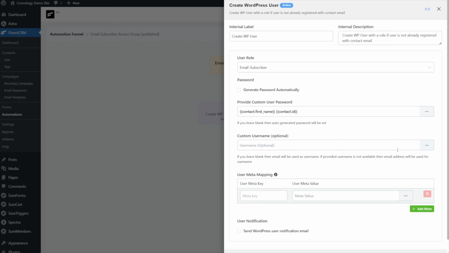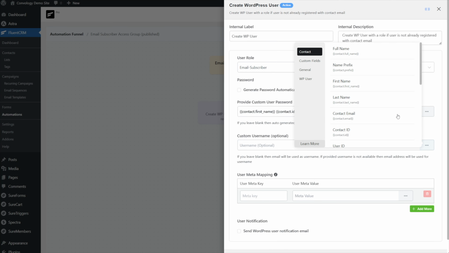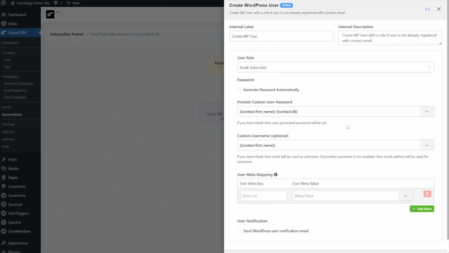And then for their username, I would definitely change this. Otherwise, it's going to make it their email address, and WordPress has issues with aliases, and a lot of people use aliases these days. So what I would say is make their username just like their first name or their full name or something like that. Come up with a method. I'm just going to do first name. And they're never really going to need this, but to me, I still like to set it as their first name. So we've set their user role, we've set their custom password if we choose to give it to them,